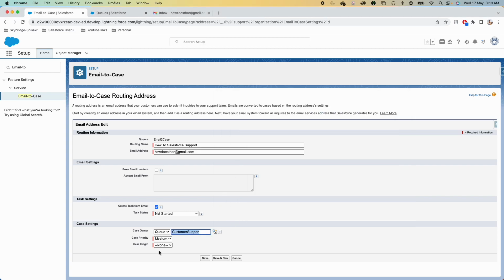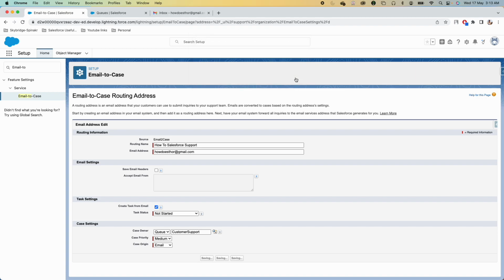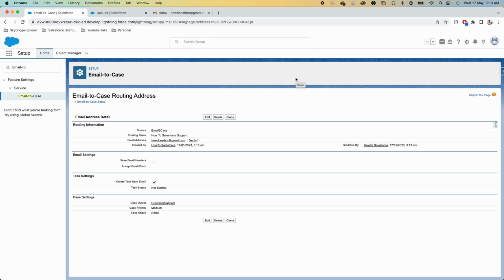Now you can also select the priority of the case. I'll just select medium for now. By default I'll keep it medium, and case origin I'll put as email because this case is coming from email. Click on save, and the pop-up which you just saw says that you have to verify in order to activate this routing